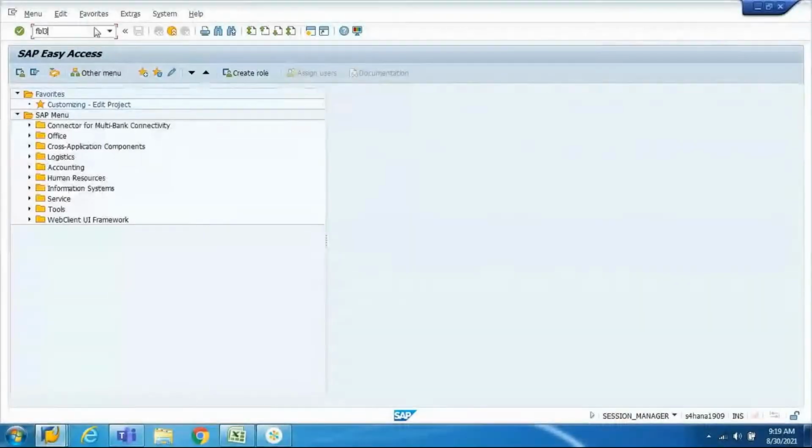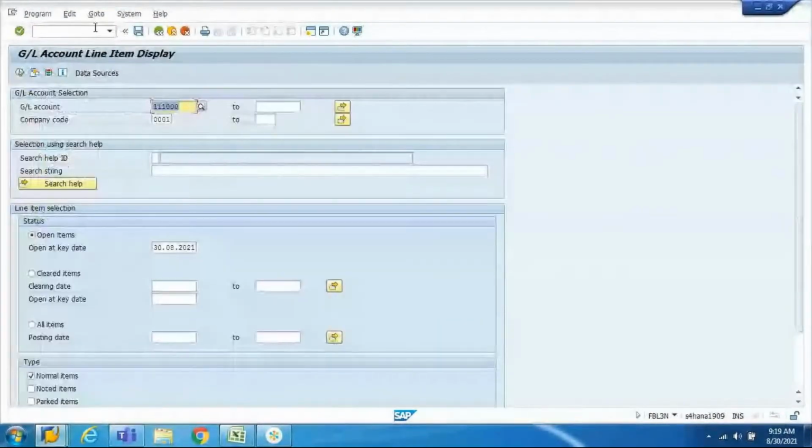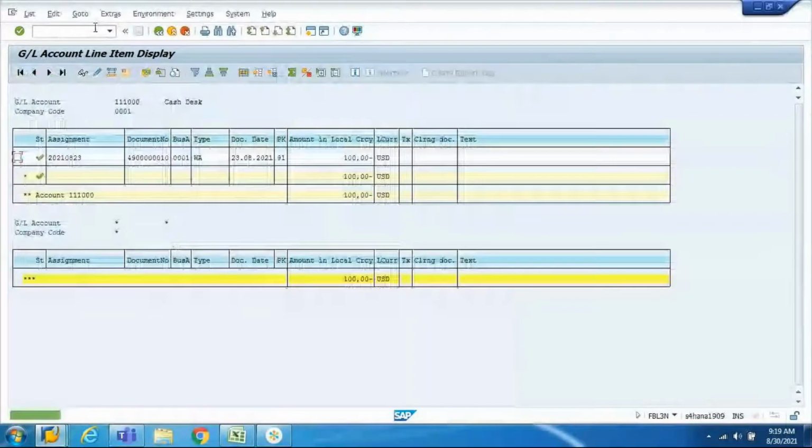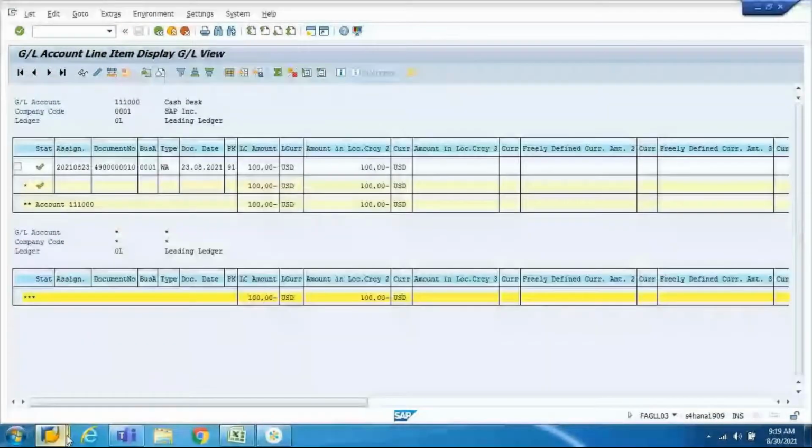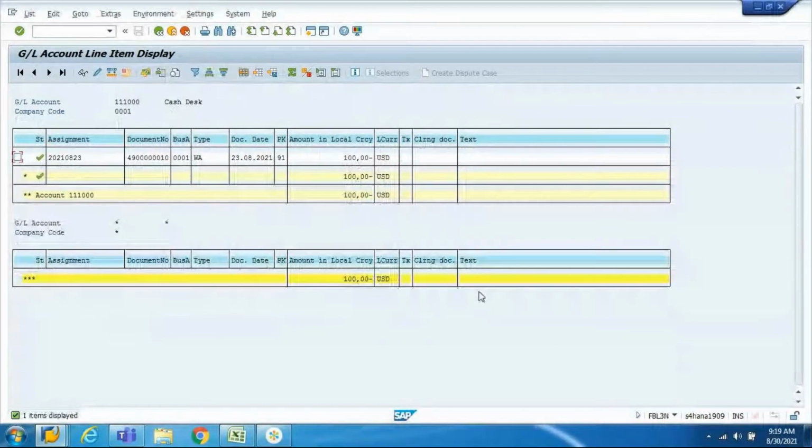We go to FBL3N. So FBL3N is also displaying, FAGLL03 is also displaying 100 negative in FAGLL03, 100 negative in FBL3N. Now both reports are showing the correct value, agree? Correct?